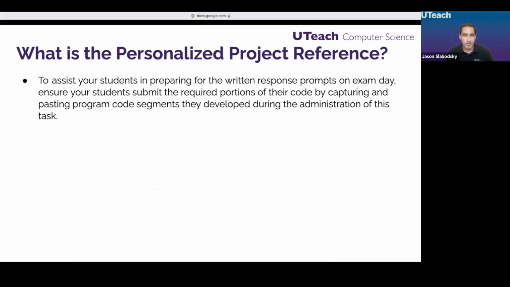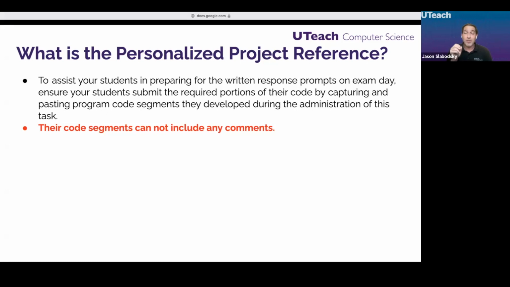It's just their code segments, their list and their procedure. The two pictures: one of the list, then where they call it, one of the procedure, and then where they call it. Okay, now here's some things to remember. Your students can totally mess up this one little sheet and get a 0 on the create performance